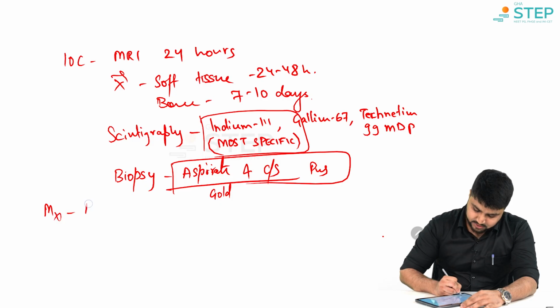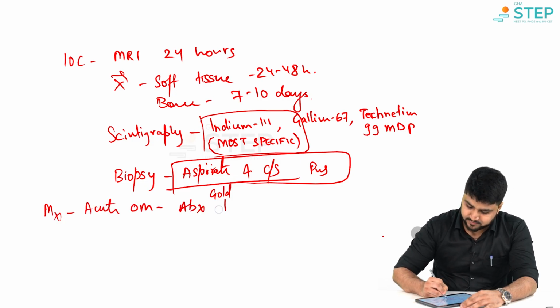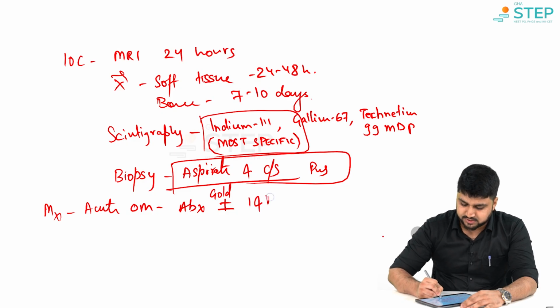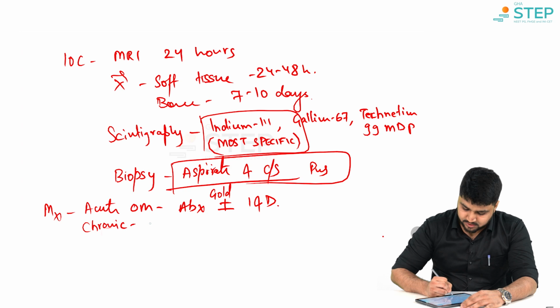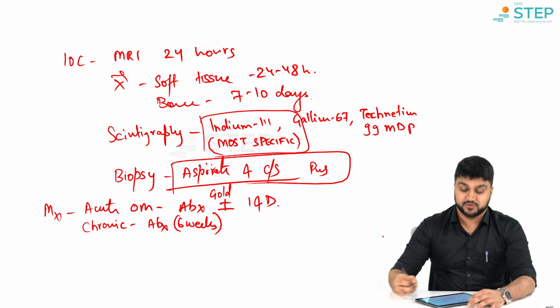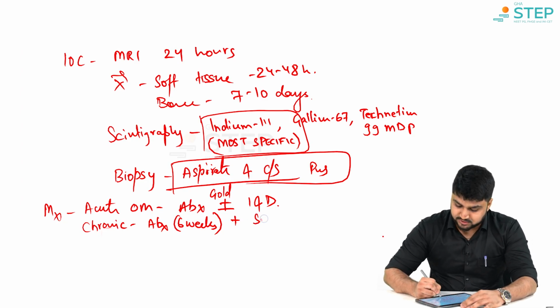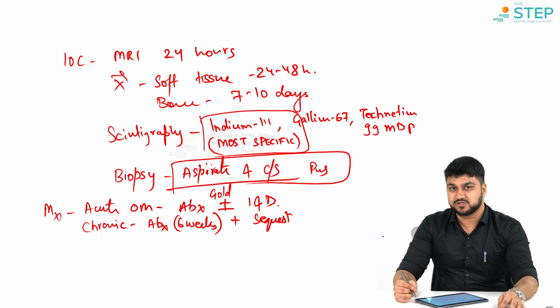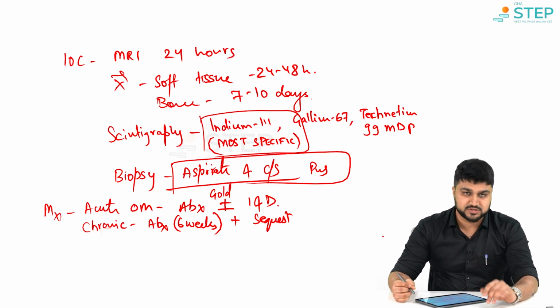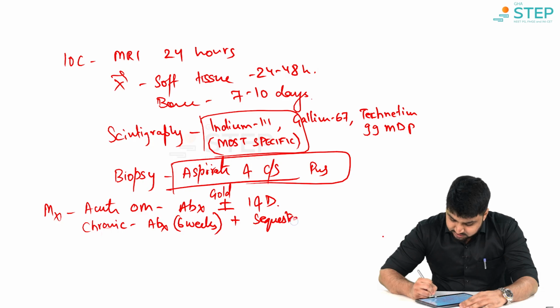Management wise, acute osteomyelitis, usually it is antibiotics plus or minus incision and drainage. And chronic osteomyelitis, antibiotics definitely are given for at least 6 weeks. However, along with it, you also have to do a surgical intervention with sequestrectomy, because as we have discussed, the sequestrum is a nidus for infection, and unless that is removed, the infection will continue to propagate. So, a sequestrectomy with saucerization